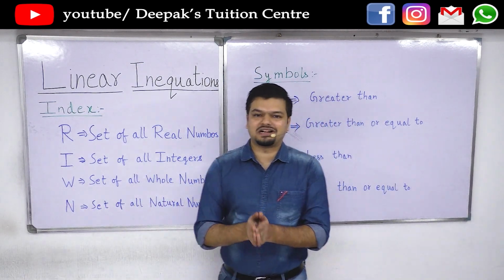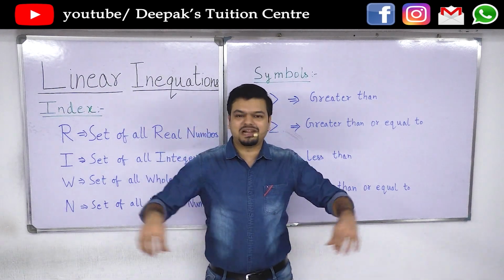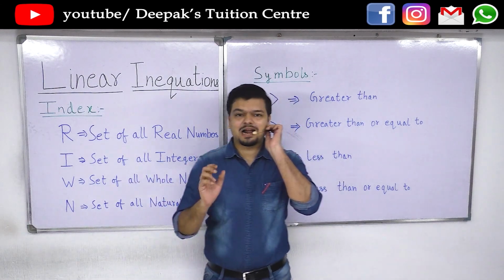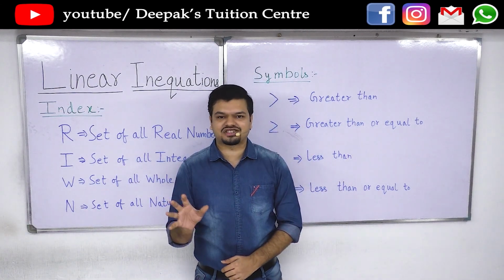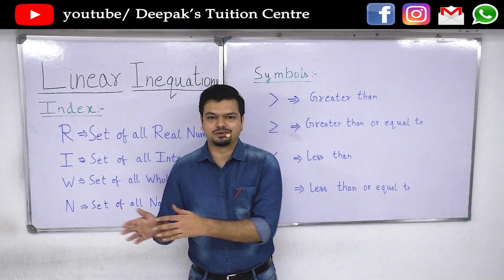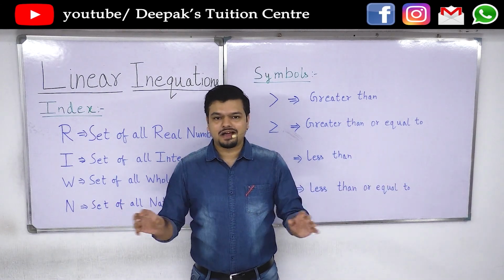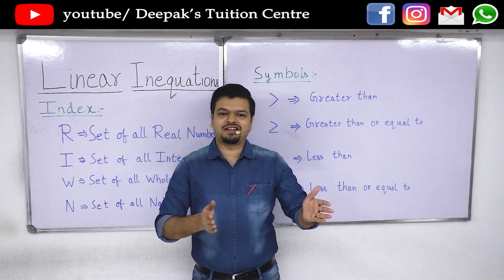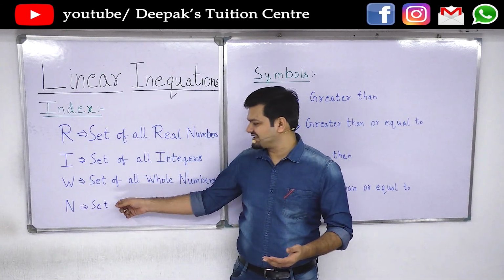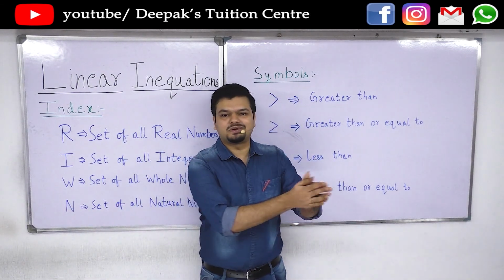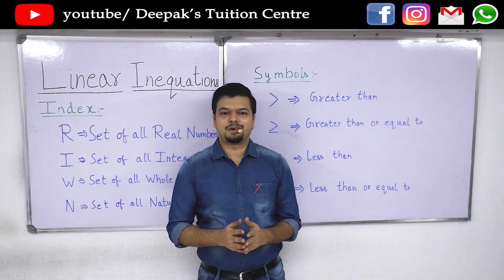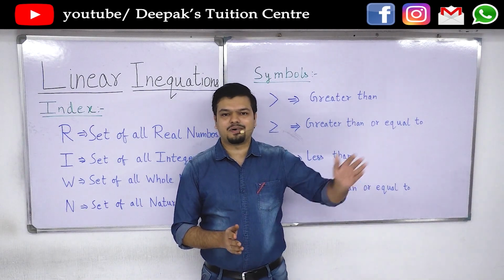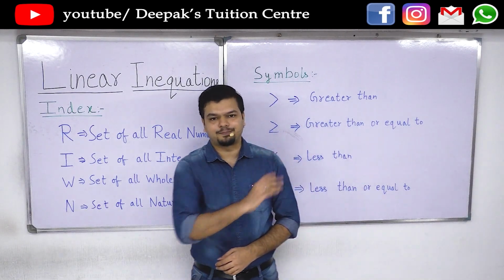Real numbers are any numbers that you can imagine on the number line. So the complete number line is basically the set of real numbers. Integers are basically numbers which do not contain any fractional part. So basically -1, -2, 1, 2, 3, etc. Everything, all complete numbers without the fractional part. So basically it extends on both the positive and the negative side. Whole numbers start from 0: 0, 1, 2, 3, 4, and extend indefinitely on the positive side, while natural numbers start from 1 and extend indefinitely to the positive side: 1, 2, 3, 4, etc.